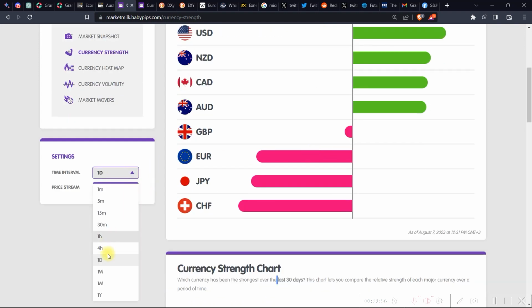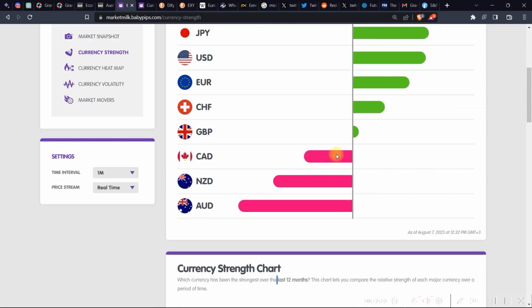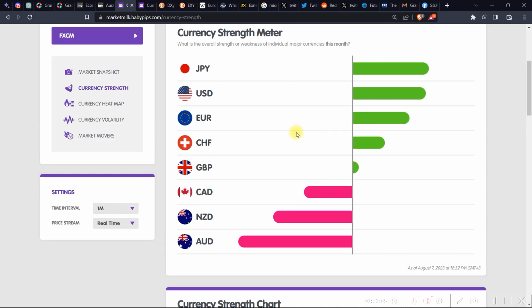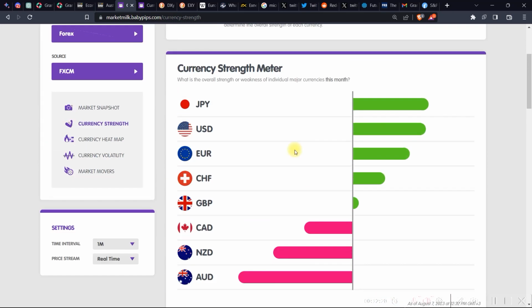But if you switch to the long term view, this is showing you a clear picture minus the noise, showing you which currency is actually strong, which currency is actually weak in the long term, which, of course, affects the intraday moves. As you can see here, in the last 12 months, the overview of this chart shows you which currency is the strong one, which currency is the weak one, and this is what I consider the most important thing to look at, the most important time frame, the monthly one, because as you will see in a few,